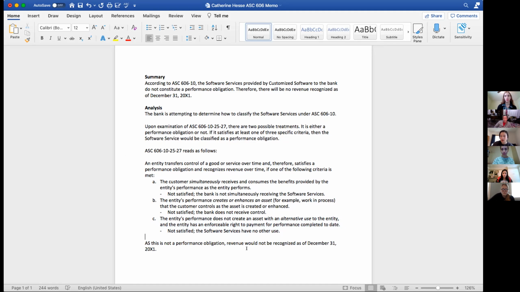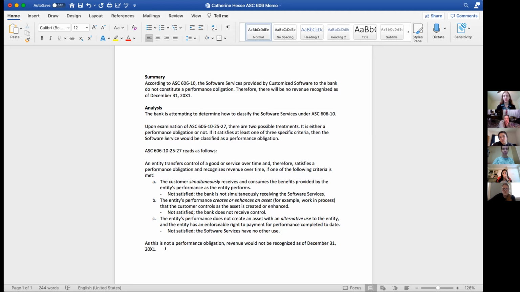This is my memo. If I was going to do that, I would not say "ASC reads as follows," that kind of kickstart sentence out in the middle. I would actually say ASC 606-27 provides three criteria, or according to ASC 606-27, if any one of the following three criteria are met, and then delete that paragraph and anything controls. Okay. Like summarize those somehow.